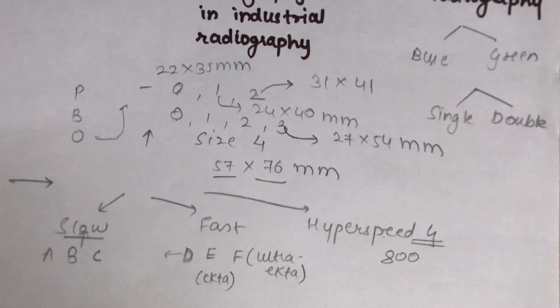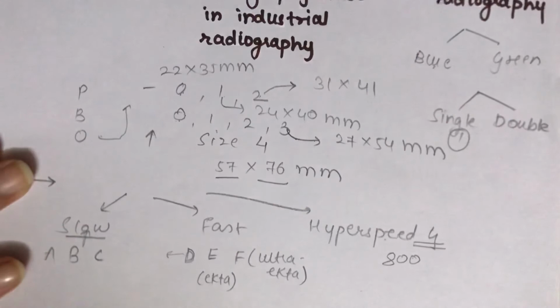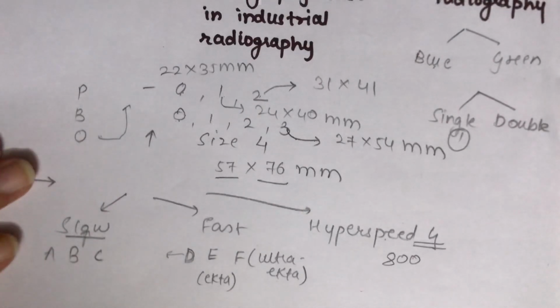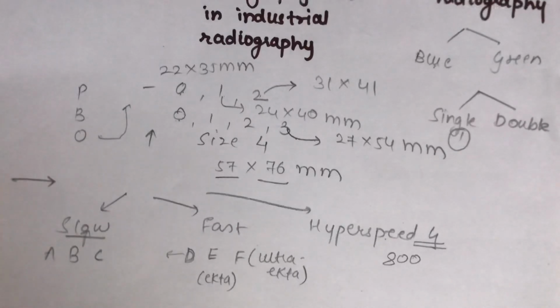Now in single film, as the name says, the packet contains only one film. In double packaging, as the name says, there are two films. The packet contains two films. They are used when a duplicated radiograph is desired, or when the dentist wants a fully processed or an under processed radiograph of some areas. These films require slightly more exposure as compared to the single packet film.